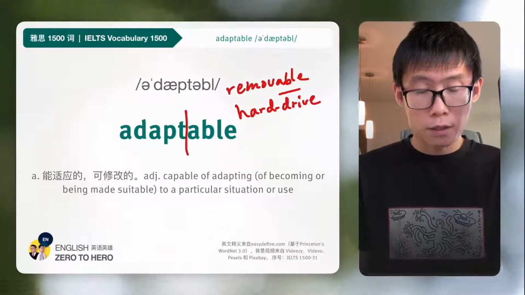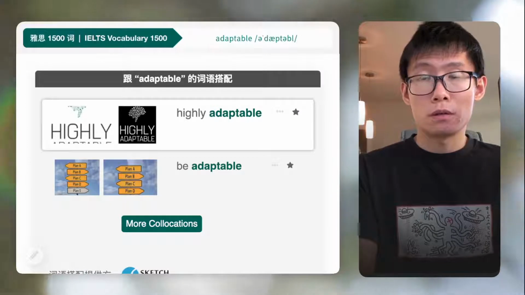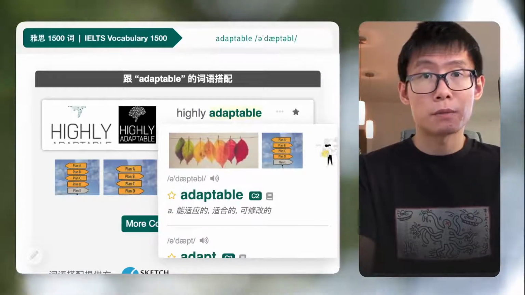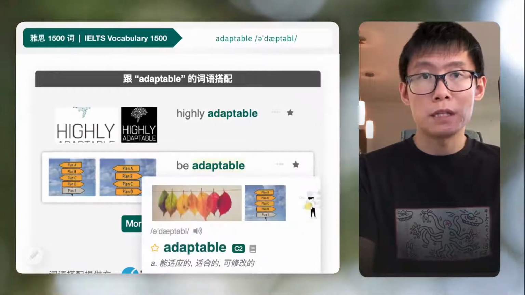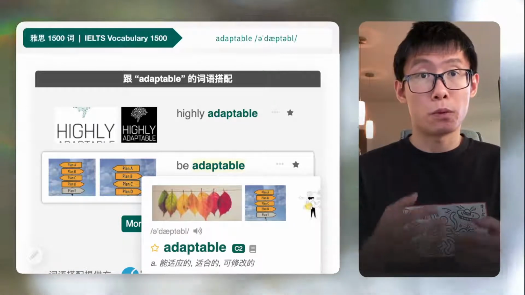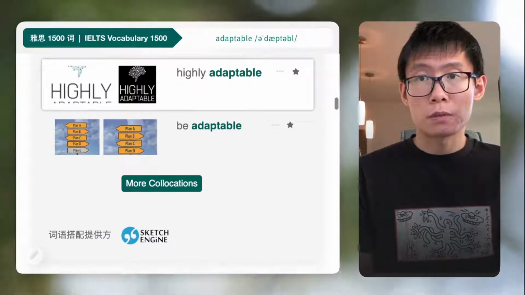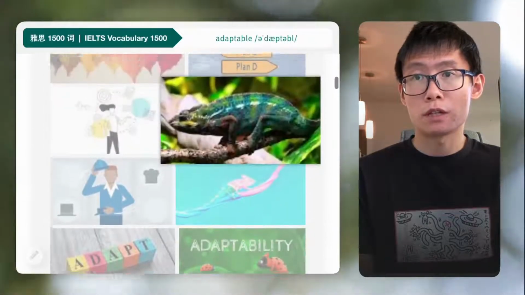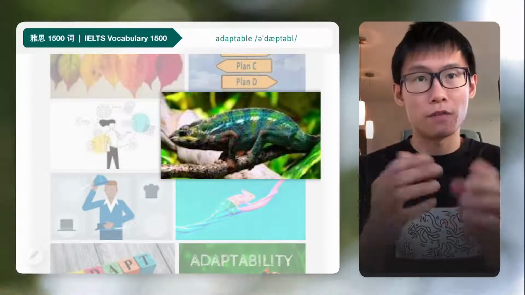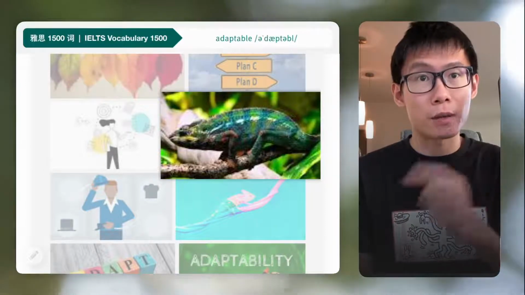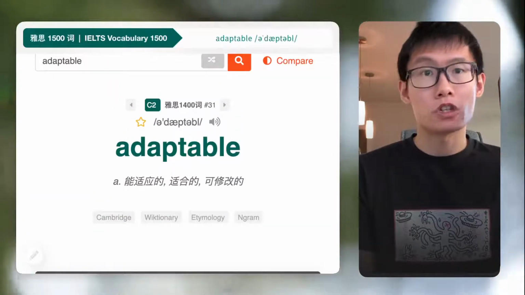So adaptable is something that can adapt, right? 可以适应的什么东西。For example, you can say that something is highly adaptable, right? Highly adaptable. That means you can adapt to new situations very easily. Be adaptable. When we face a new situation, we have to adapt very quickly. We have to be adaptable. So adaptable simply means to be able to adapt, right? For example, like a chameleon. 变色龙 chameleon. When it goes into a different environment, it changes its color. So it adapts to the new environment. That is being adaptable. Adaptable 就能适应的，可以适应的。